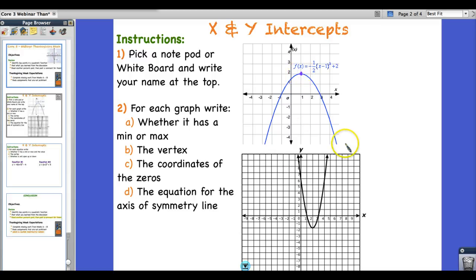Because down here it doesn't stop, it just goes down forever and ever, so it doesn't actually reach anything. So what we look at here is, think of someone jumping. This person jumps and reaches a maximum height here. So for 2A, we'll just put a little a right here. I would say this has a maximum. Okay. And then for B